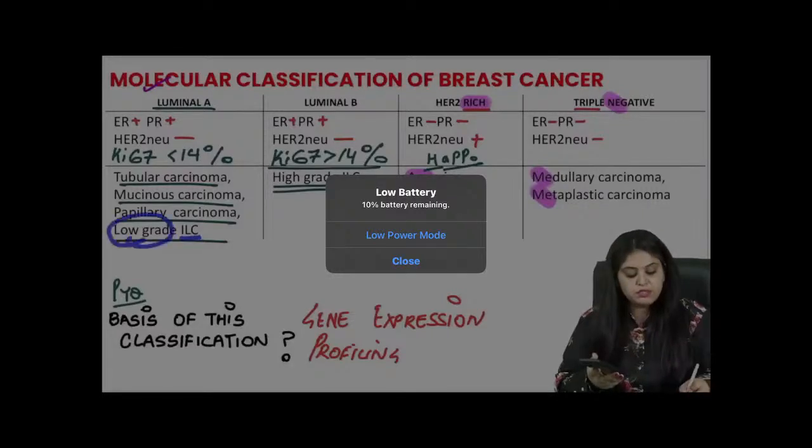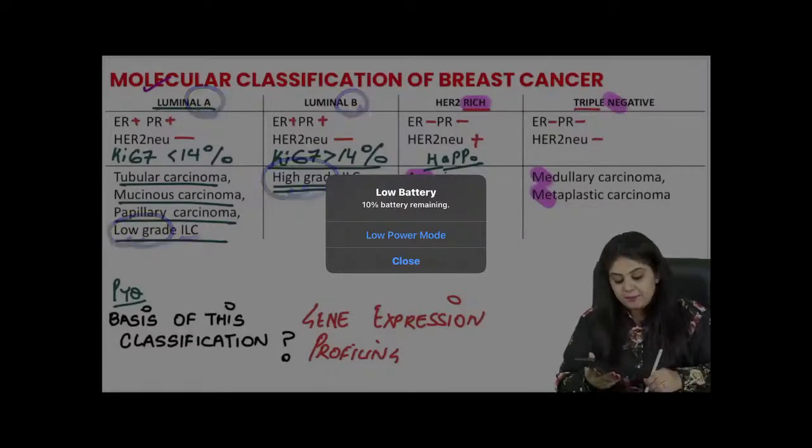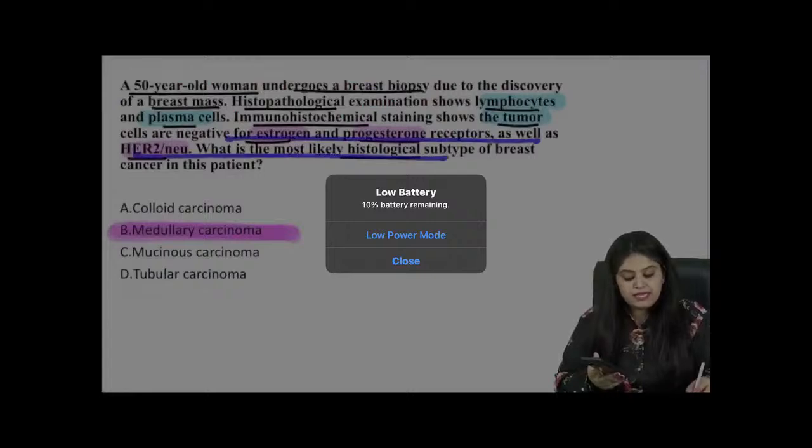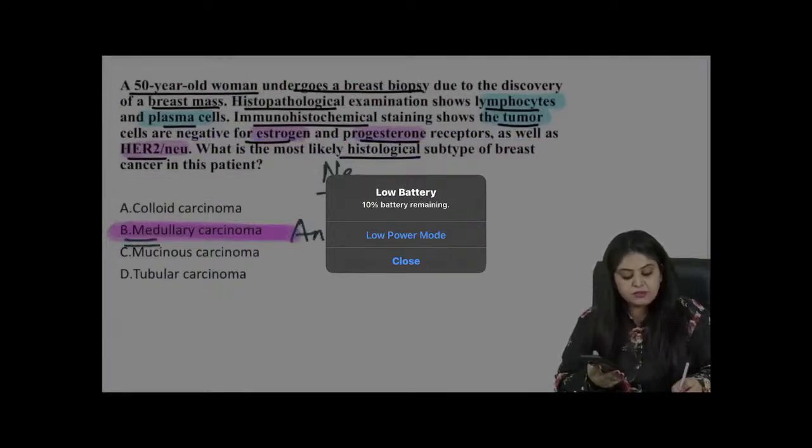What will come in HER2 rich? In HER2 rich will come happy and rich. Of course, all of us will be happy and rich. We will be happy when we become rich. So what is that happy cream? We call it hapocrene. Meaning happy and rich. Hapocrene is HER2/neu rich. After that, ma'am, the dustbin category in which everything comes: tubular, mucinous, colloid, all these others